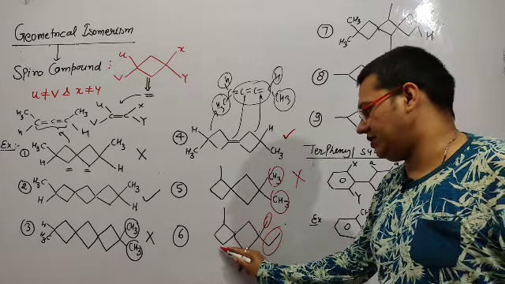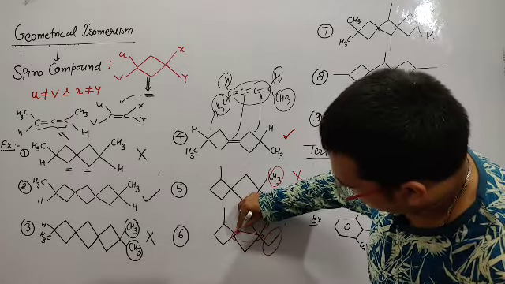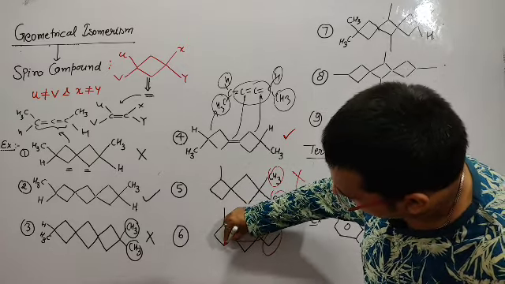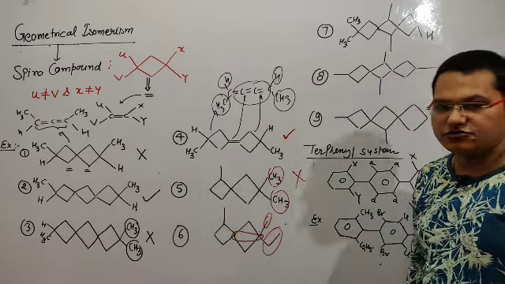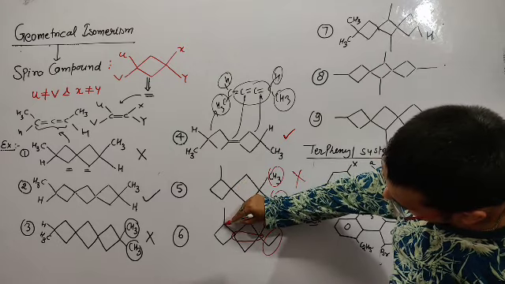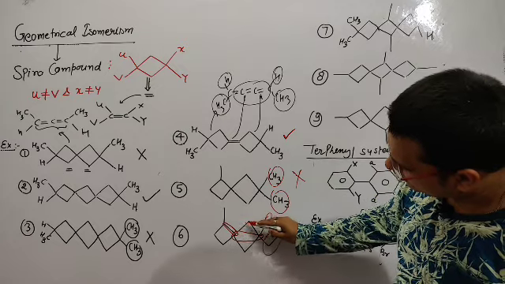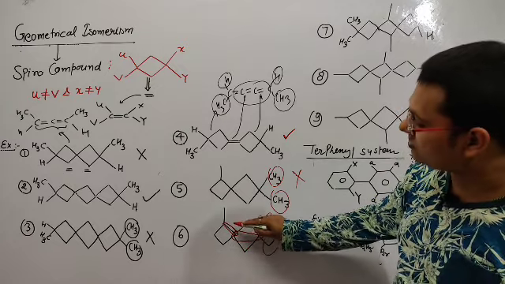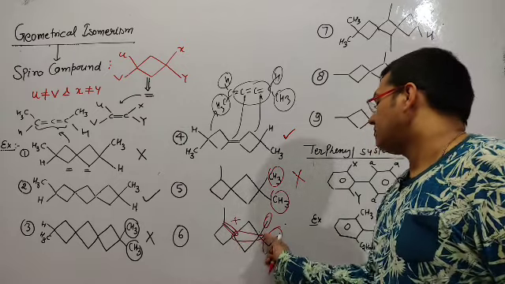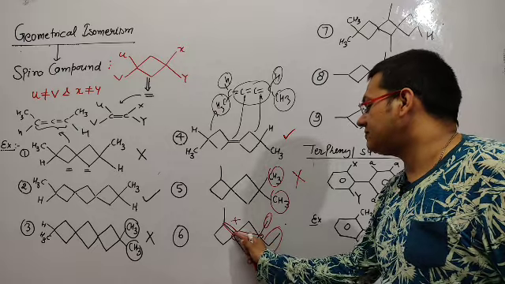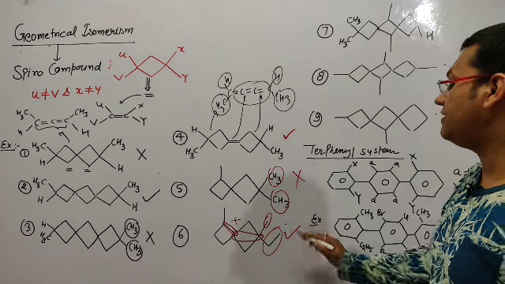CH3 and here CH2. So between these two molecules you can check, this group is different and this group is different. So that's why this molecule shows geometrical isomerism. Now you can check here this is methyl, and here this group is same, and now this group is same. So that's why this one does not show geometrical isomerism, but between these two, both groups are different, and here this group is different and this group is different. That's why this molecule shows geometrical isomerism.